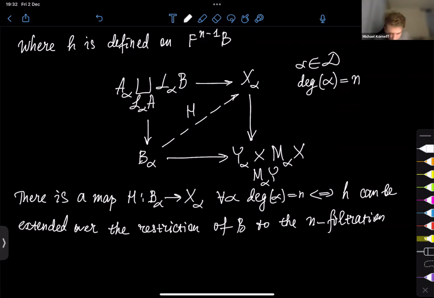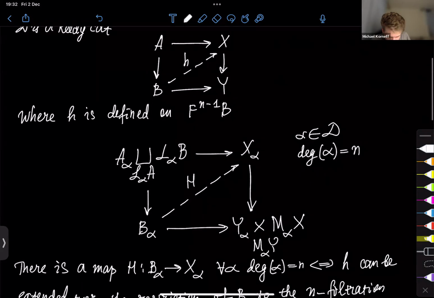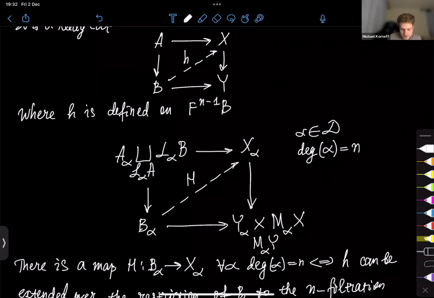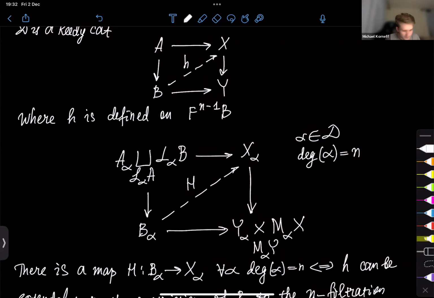Okay, and I proved this lemma in the previous talk, and now